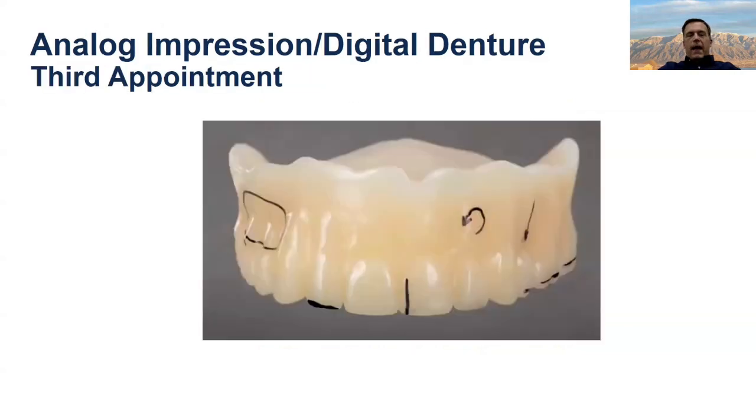What you get back at the next appointment after you've recorded the bite registration is a printed triant. Basically, this is a final denture design where the pink part and the tooth part have been merged into one object and then printed, usually in a triant material. This is a very sturdy material, so you can send your patient home with a triant,